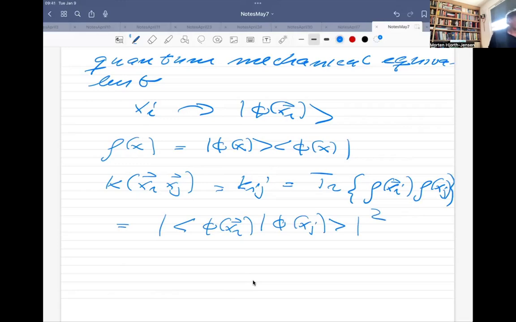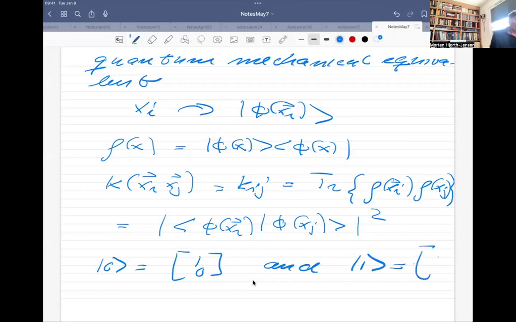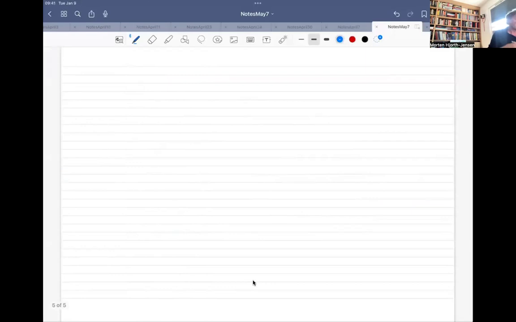Now, one of the cases which we looked at last time was a data set which we now transformed. And I'm going to introduce this model again. It's a pretty simple model. So if we start with the basis set 0, which we have seen many, many times now, 1, 0, and 1, which is 0, 1 here. When we now make this parameterized quantum state, we have a parameterized state, which is going to lead to a parameterized quantum circuit, which is the one we will optimize at the end